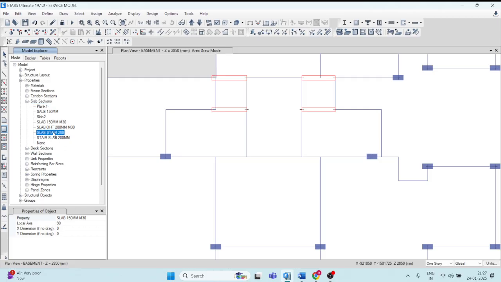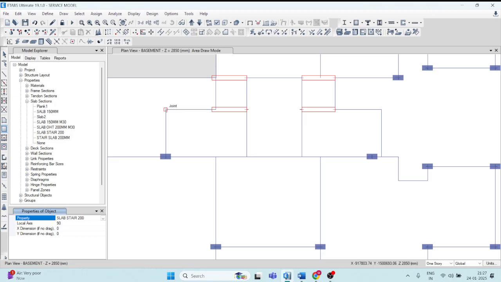Just click here. The stair is rectangular, so just click here, go to the property, click property and go to the stair. See, slab stair 200, just click here. When you put the cursor, it will show like this.